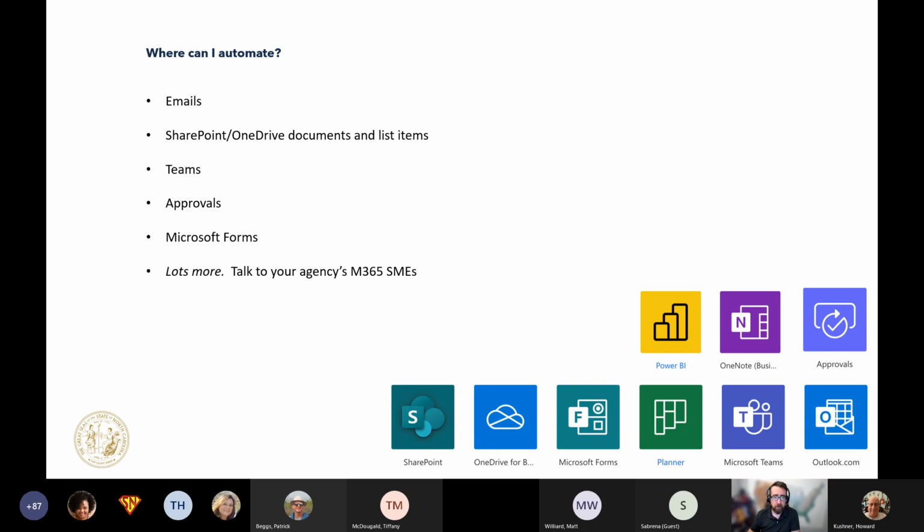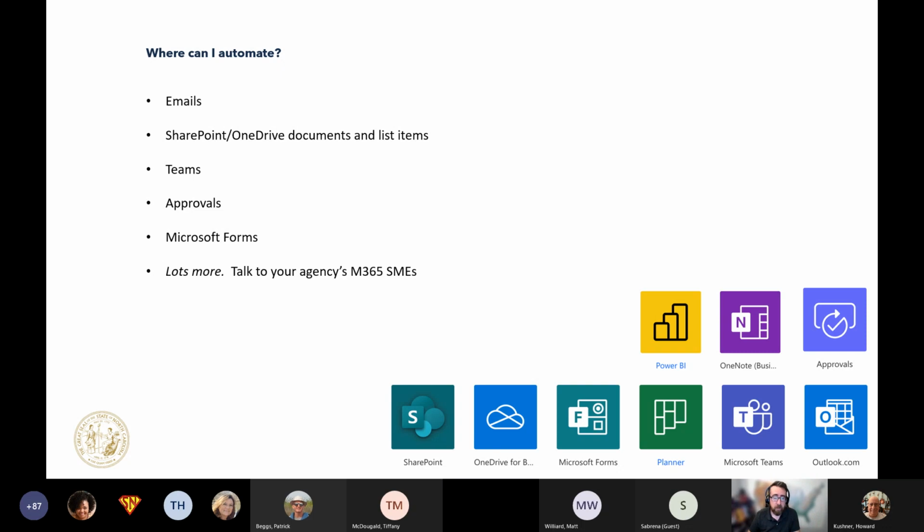You could use Power Automate to listen for an email from your boss and show you a little notification in Teams if that's where your attention is. You could use Power Automate to take a public-facing Microsoft form and send you a Teams notification, or put that information into a SharePoint list.